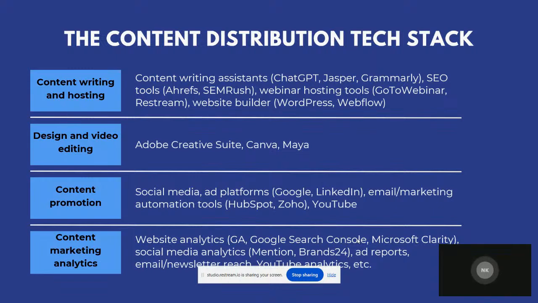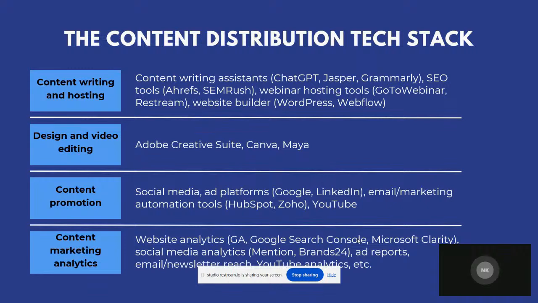Now let's talk about analytics. Analytics is something that tells you whether your content is working or not, right? And like I said, you don't have to have all the tools in the list, but you can start with the basics. Like I mentioned at the beginning, when it comes to SEO and website traffic analytics, Google Analytics and Google Search Console are free tools to use. Clarity from Microsoft is a heat map analysis tool that is also free to use. You don't have to go for paid tools like Hotjar or SmartLook. You can pretty much manage with Microsoft Clarity, and it's a decent tool.